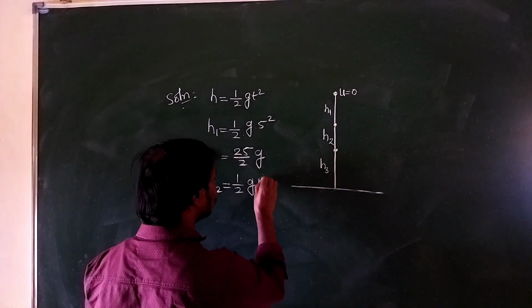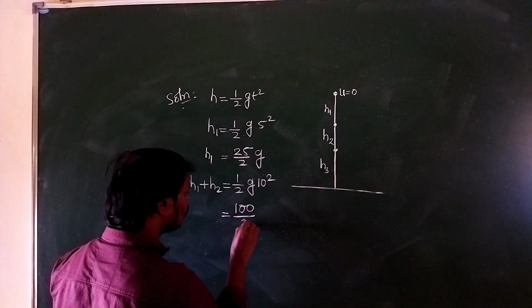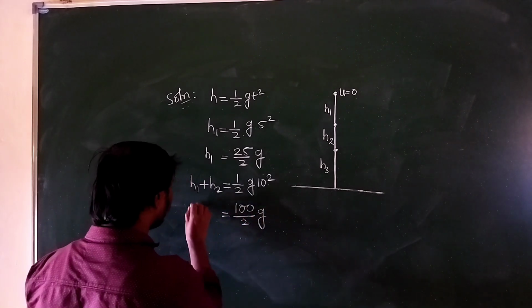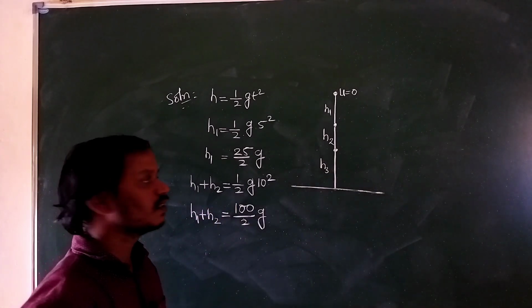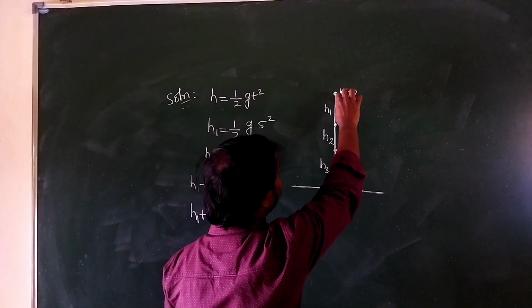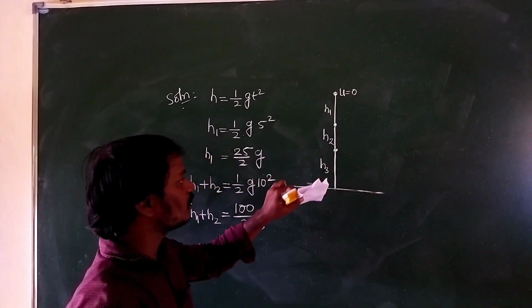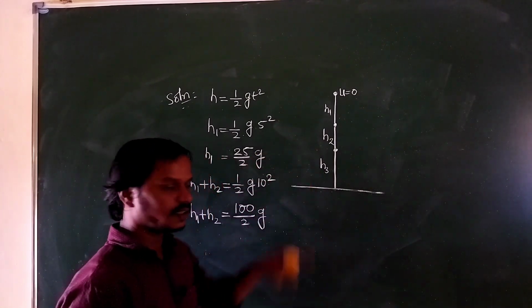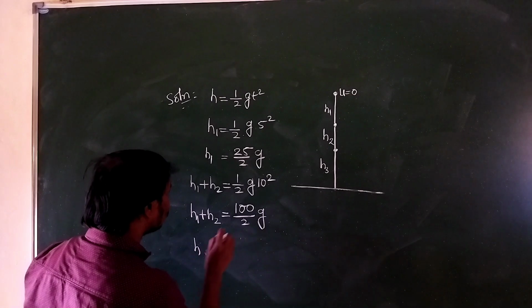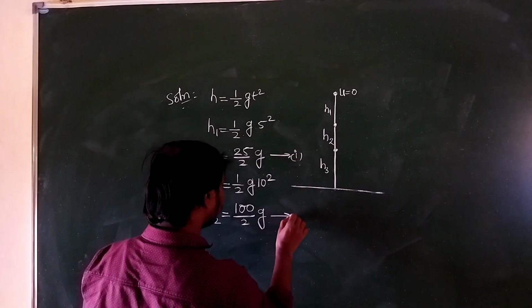So 10 seconds means it is 10 squared. Now it is 100 by 2 into g. Now it can be taken as h1 plus h2. So next, the total distance traveled by the stone from the initial point to the ground is h1 plus h2 plus h3. Now I will take this as equation 1, this as equation 2,